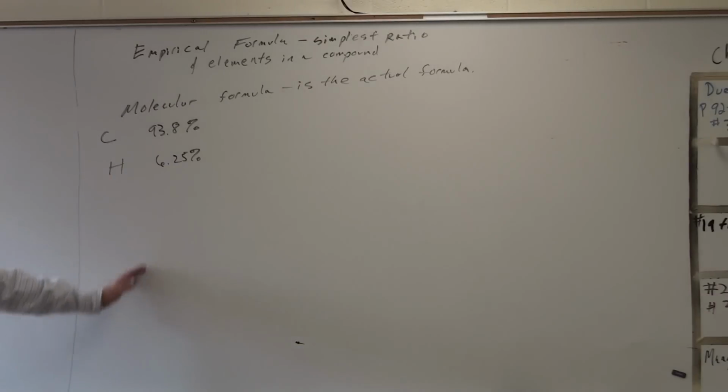So list everything in your compound, list them vertically, then write their percentages. So whatever my compound is, it's got 93.8% carbon, 6.25%